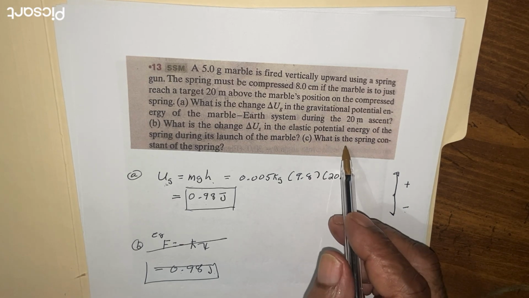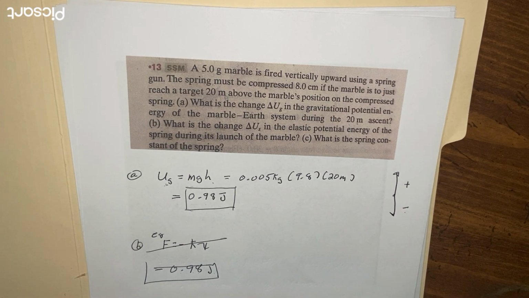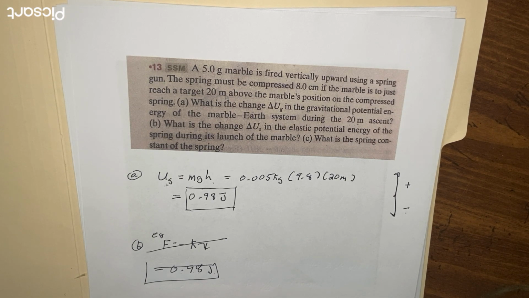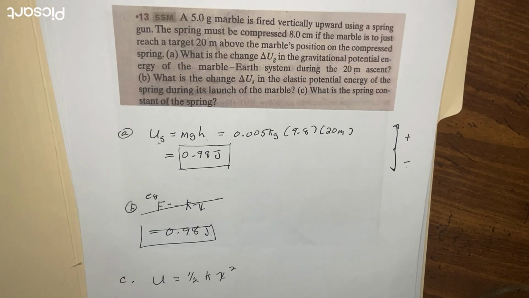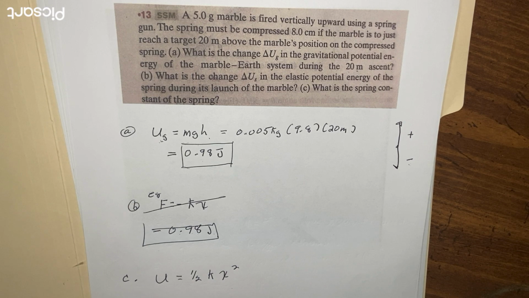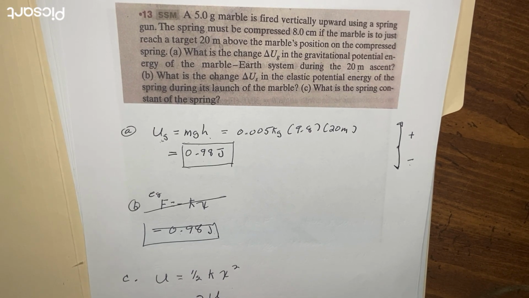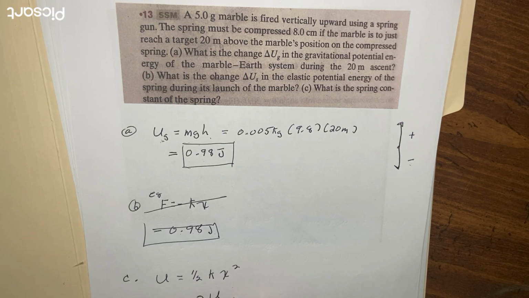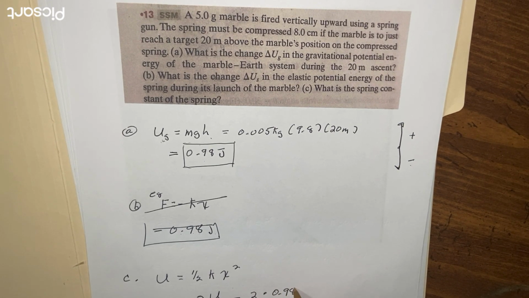Now C, what is the spring constant? So we know the potential energy is equal to 1/2 kx squared. And we'll just go to k is going to equal 2 times the potential energy over x squared, just like the last problem we worked. And we know the potential energy is 0.98 joules, so 2 times 0.98 joules